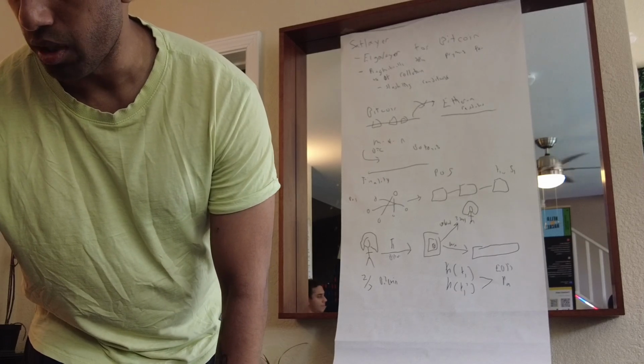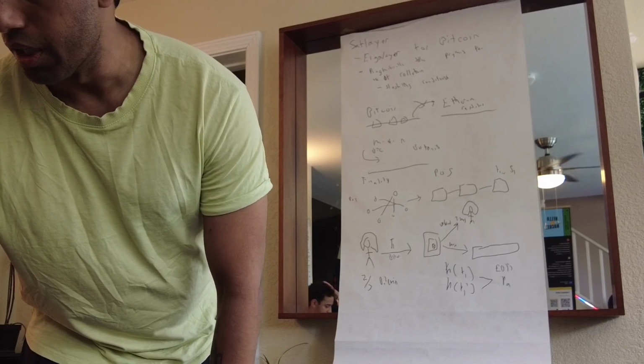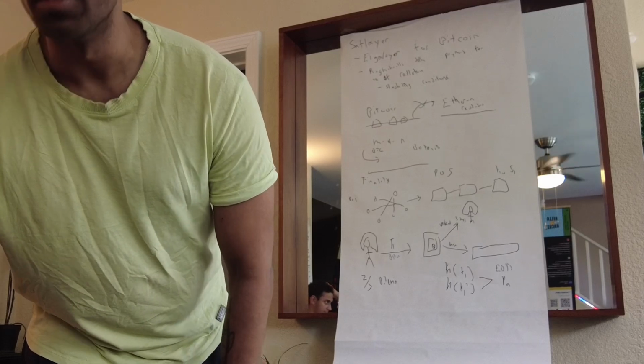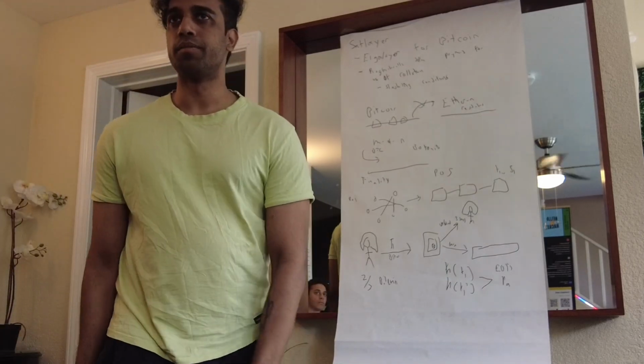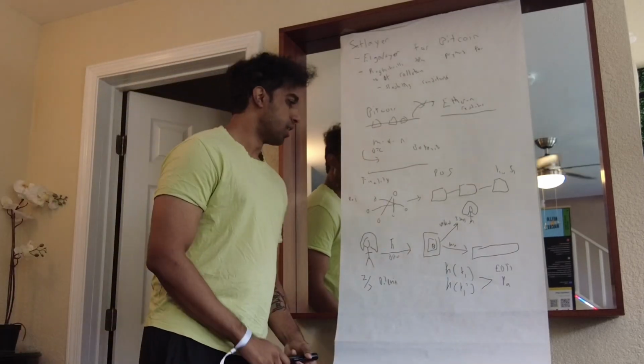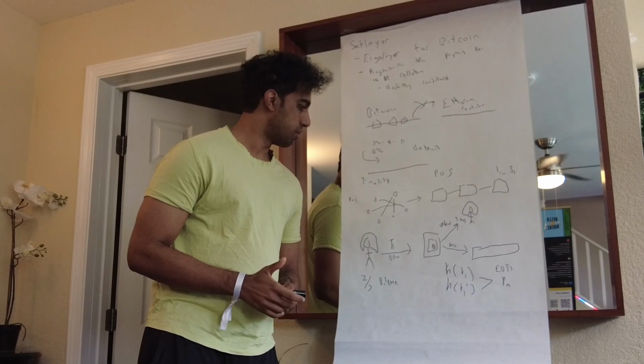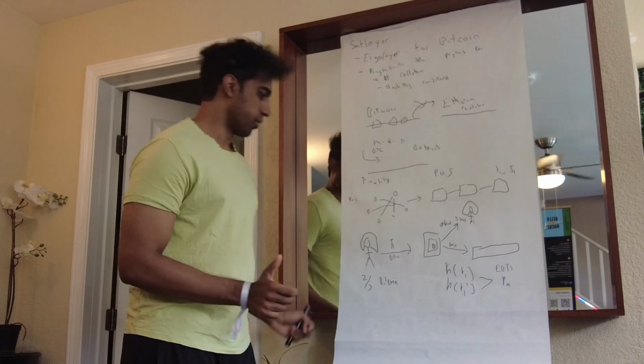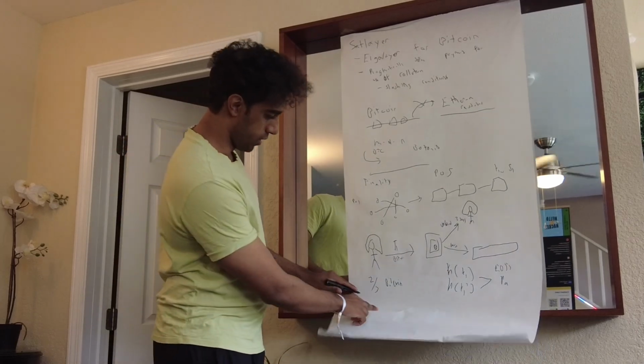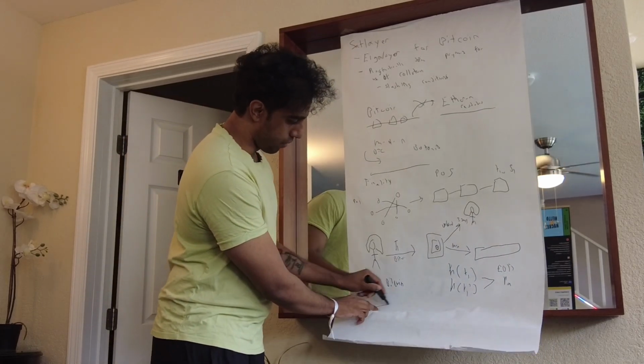There's something called BIP 340. Okay, cool. So now you have something where you have essentially